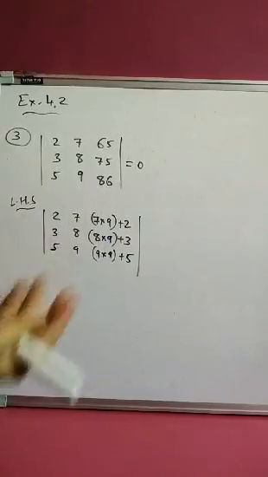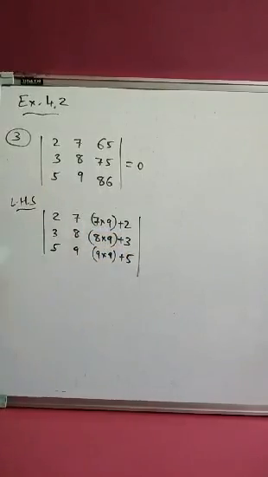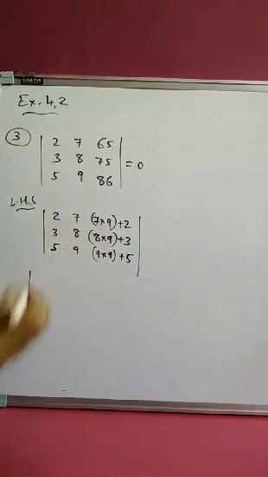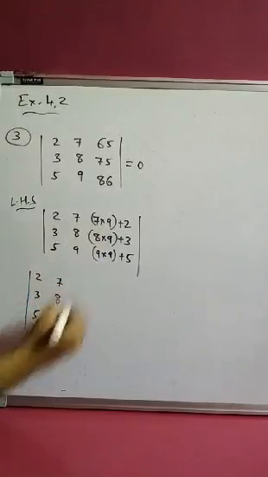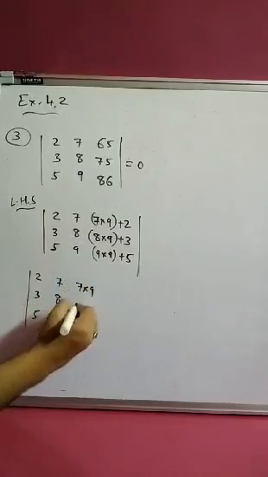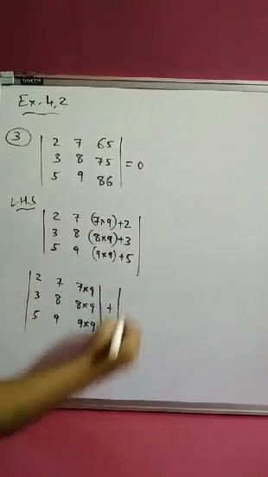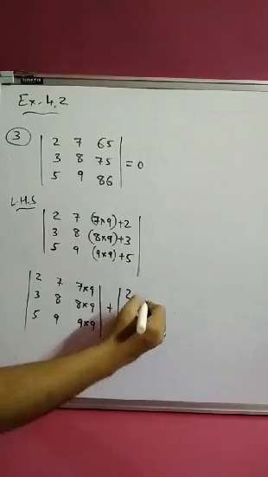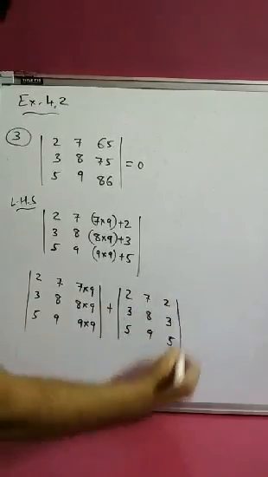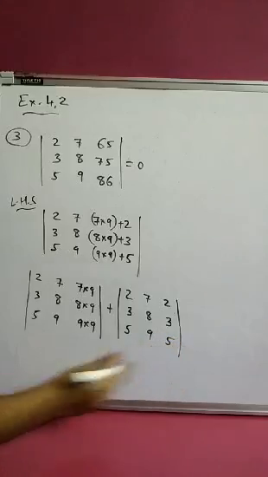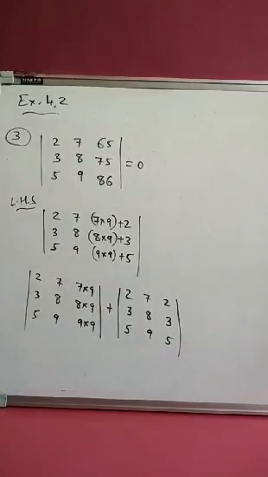Okay. Now you see very carefully. You can see 2, 3, 5 and 7, 8, 9 repeated. So now we are going to use that property. We can separate this, right? 7 into 9, 8 into 9, 9 into 9 plus the determinant with rows 2 3 5, 7 8 9, 2 3 5. Now we cannot write directly 0. We have to show here that if we take out 9. I hope everyone understood this much.